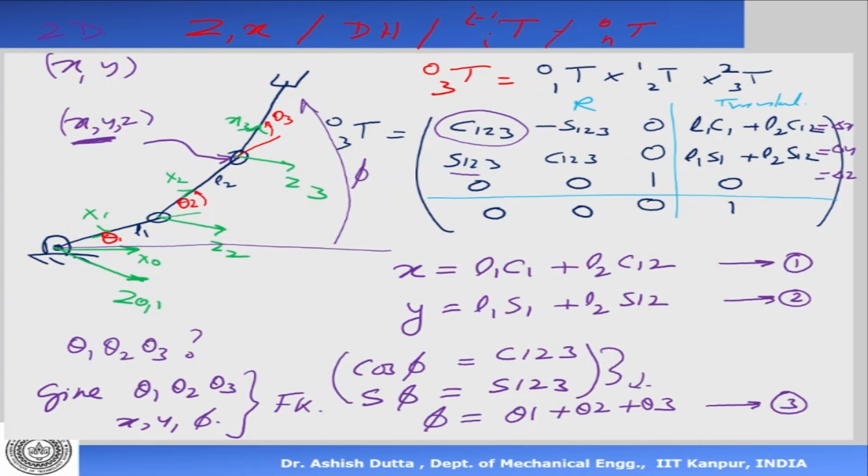We will talk about the concept of solvability, that is, when you can solve and when you cannot solve. So the question of solvability is there. When can you solve this problem and when can you not solve this problem? Now here how many variables are there? There are three variables. And how many equations are there? Three equations. So it is solvable.